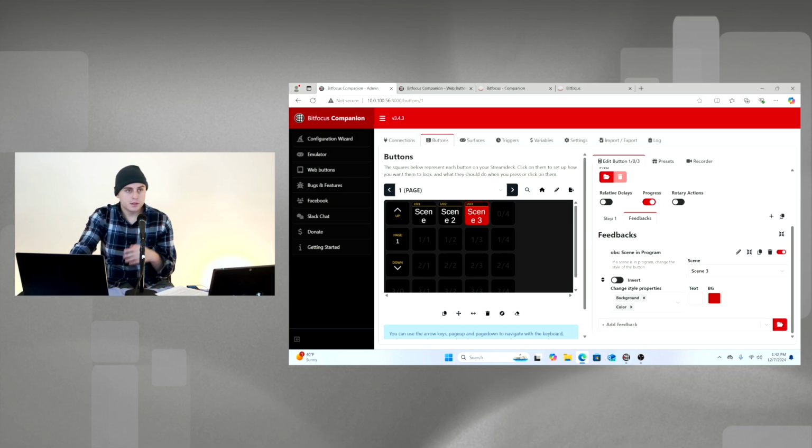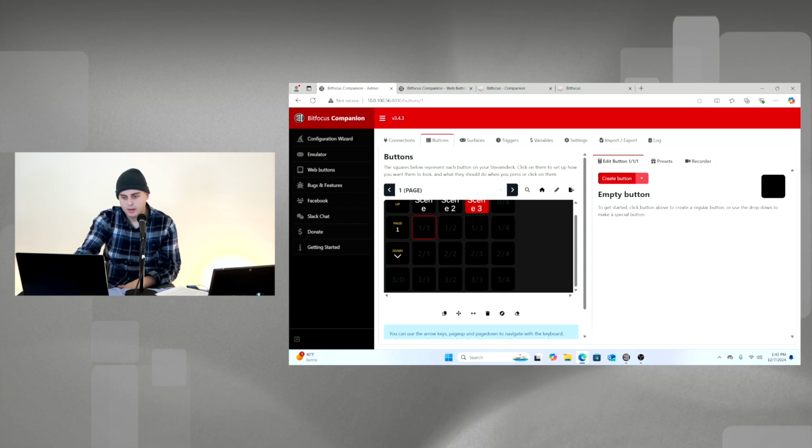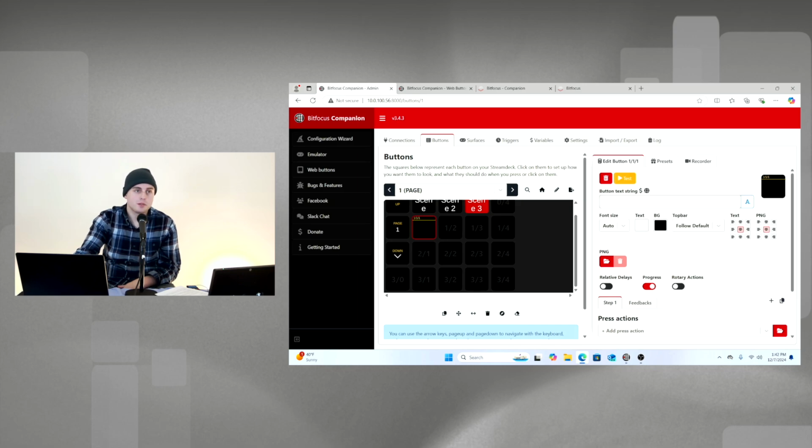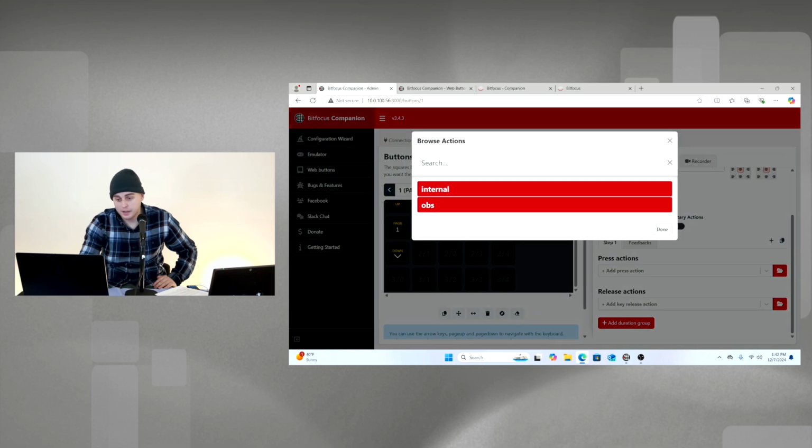So let's go back to the steps as well as actions. We're going to go to our next layer here, which is button 1.1. And I'm going to click create button, and I am going to label this as steps. So what this means is we're going to have a press action in a step and a second step with another press action. So under press action, I'm going to click this folder icon here, and I'm going to go